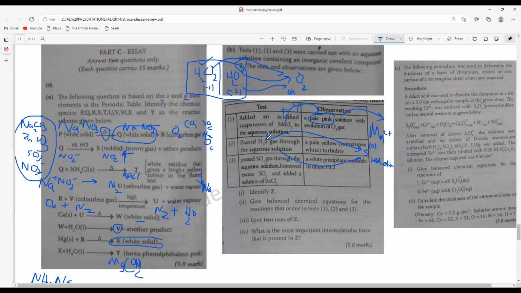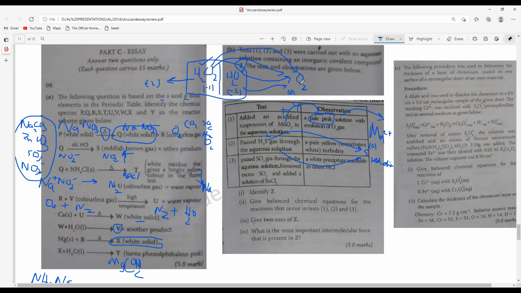Why? When this sulfide undergoes oxidation, some compound in the aqueous solution of Z should undergo reduction. But in H2O, oxygen is already at -2. It cannot undergo reduction, but hydrogen can be, but mainly we are dealing with oxygen here. So H2O2 can undergo reduction from -1 to -2, giving water, or it can be oxidized from -1 to